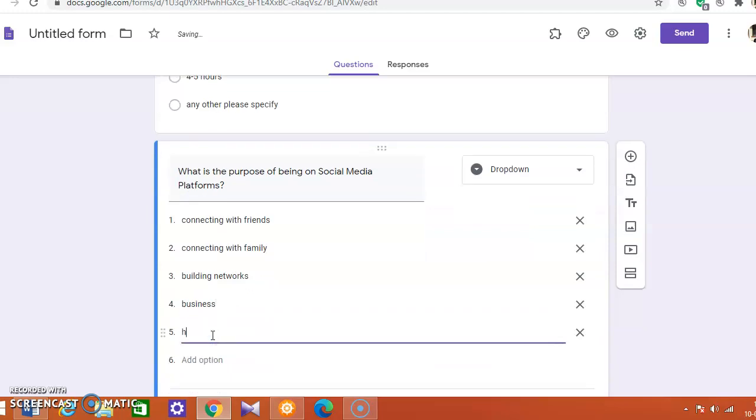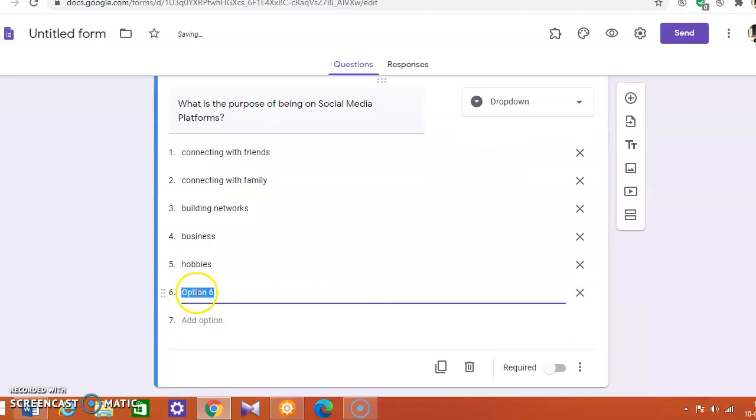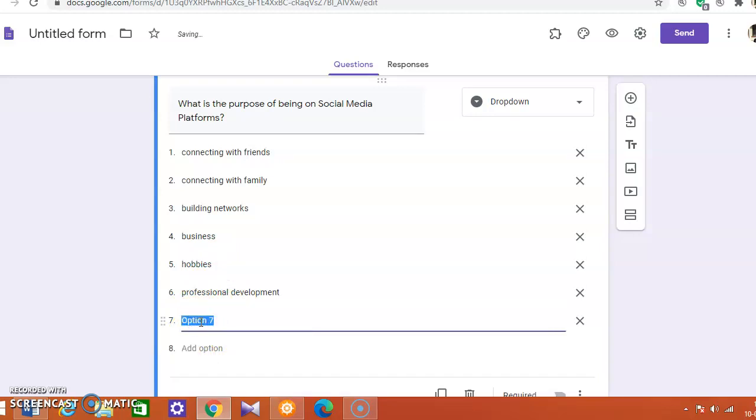Sometimes people are also there for their hobbies, like Pinterest or even YouTube. People are there for their hobbies, or it's a business or professional. For example, LinkedIn is a community where professionals want to connect, want to grow. So professional development, that is also a reason why people want to be there. Okay, or any other.